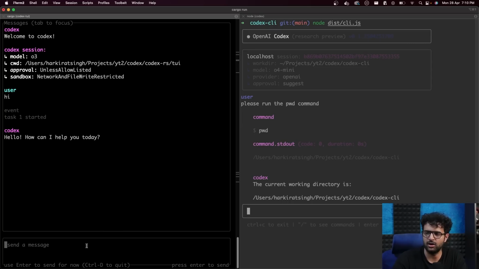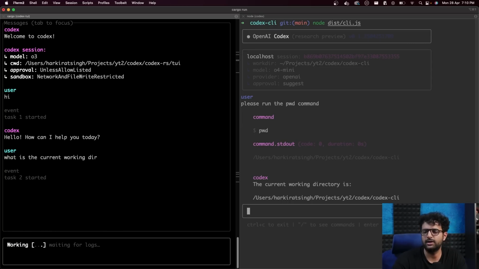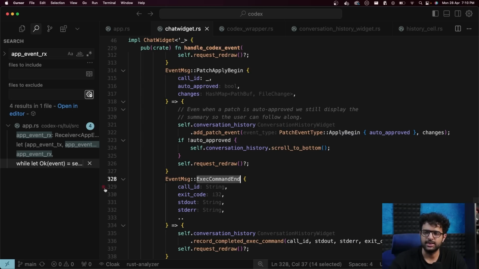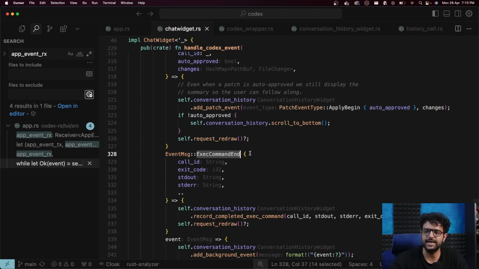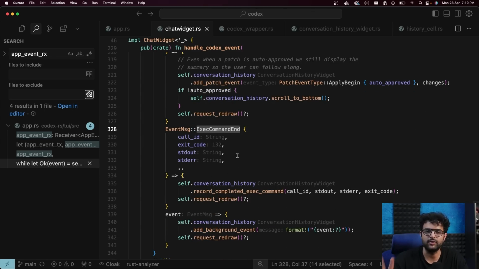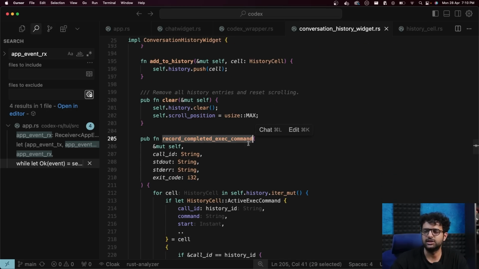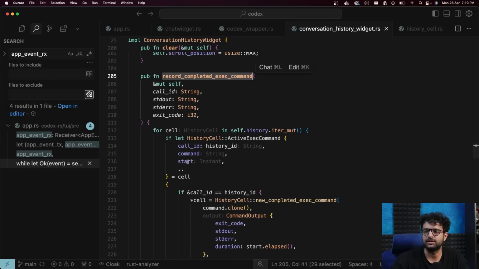Right now, if I ask what is the current working directory, this goes to an LLM, gets the response, and the LLM tells us that a command has to be run now. pwd is the command that we have to run. That message eventually reaches here in the exec command end sort of event handler. And here we call a conversation history dot record complete exec command function. So this record complete exec command function right now